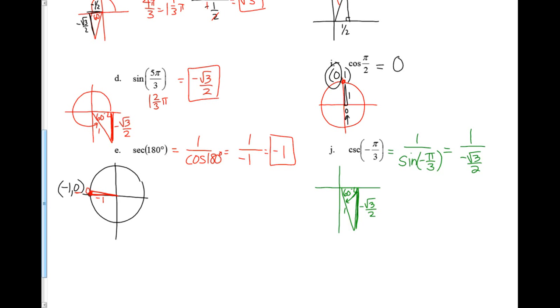Or I could just flip my fraction there, since it's divided, and call it -2 over the square root of 3. I cannot leave the square root of 3 on the bottom of my fraction. To rationalize, I'll multiply by the square root of 3 on the top and the bottom. And my final answer is -2 square root of 3 over 3. All right, you got to know these basic triangles, and you got to be able to convert